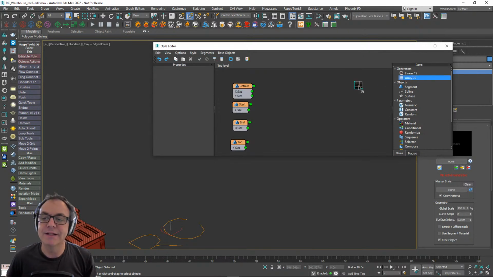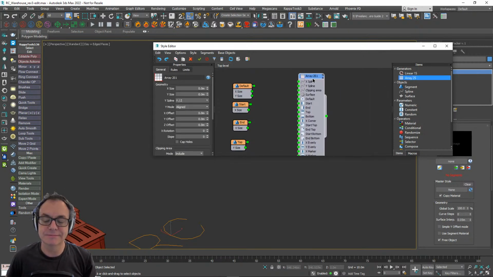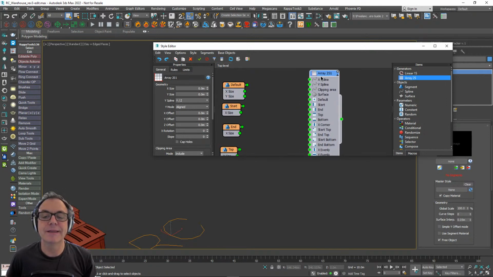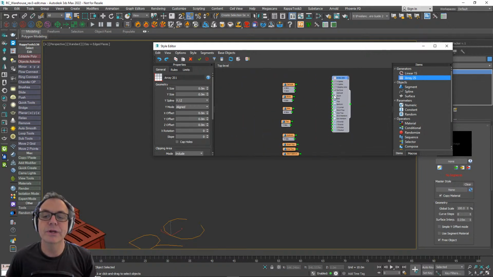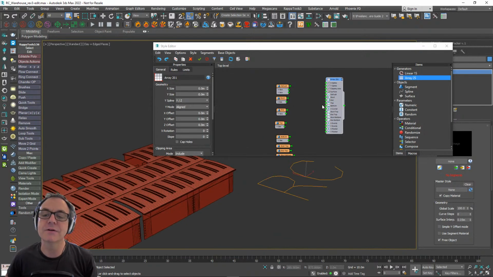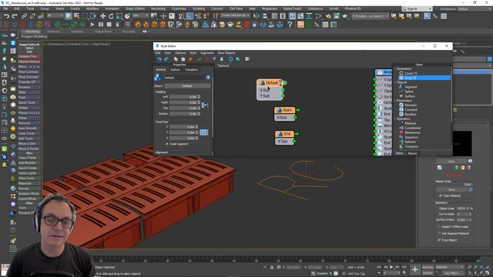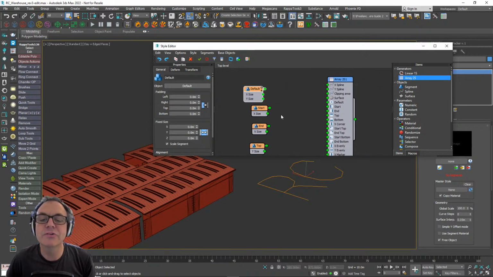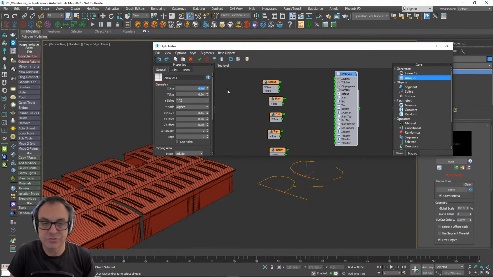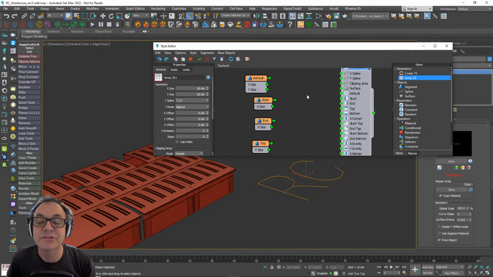To build this array then, we'd add a 2D array like so. And normally, of course, you'd use XY spline there, or you would set the size here. But we want to derive the size from these pieces of geometry automatically. So what we're going to do is use the size of the geometry and export it from the segments, and then use it in a couple of equations to set the size. So we'll just wire this up first of all. Let me set the size to 20 meters by 20 meters, just so I've got something to work with.